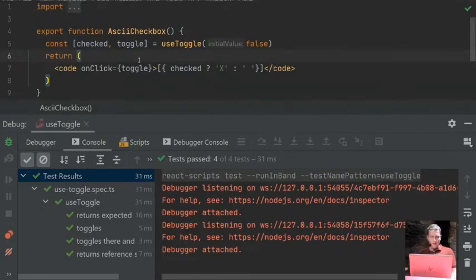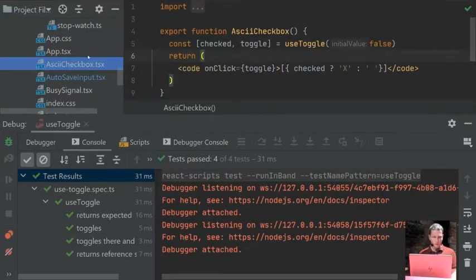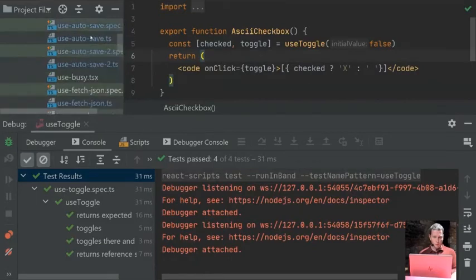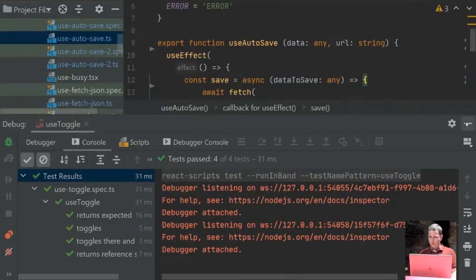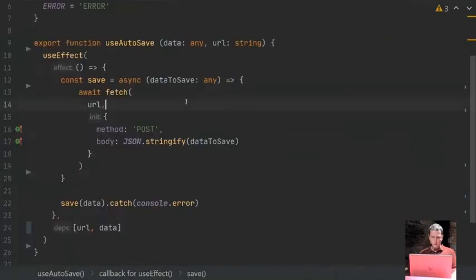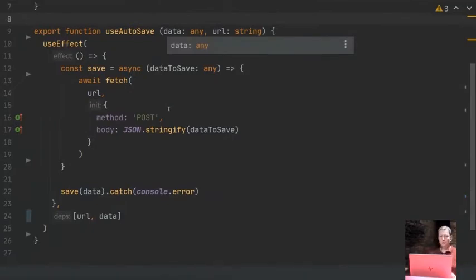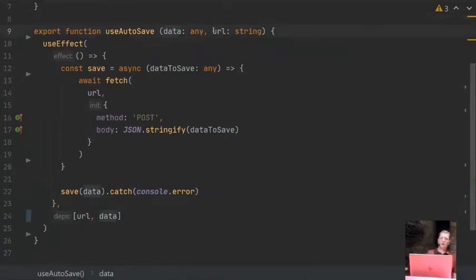Okay, now let's go further. Let's do something a bit more complicated. So let's say we have a useAutosaveFunction hook. What we wanted to do is that it takes some kind of data, random data, and a URL, and it will forward this data to the URL, actually post it anytime the data changes. So with